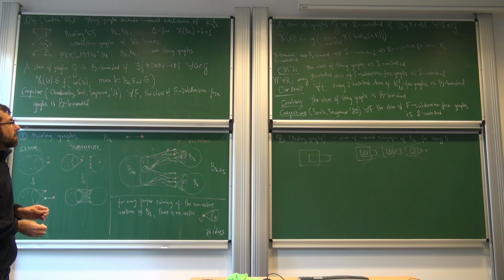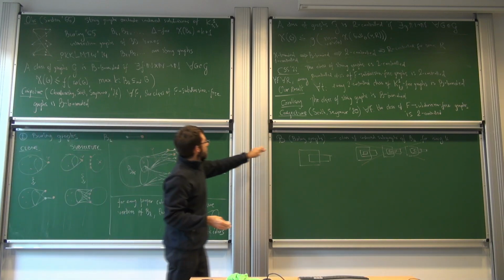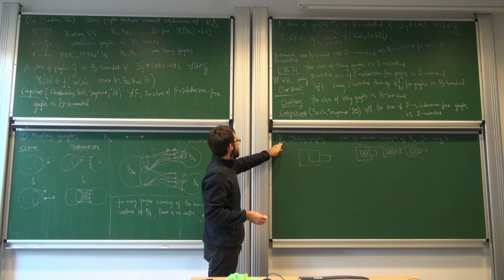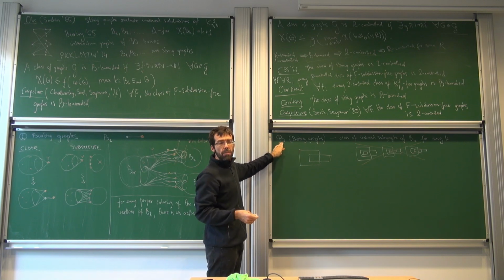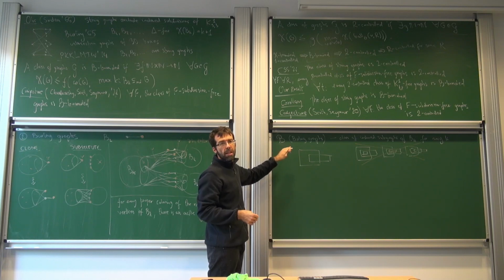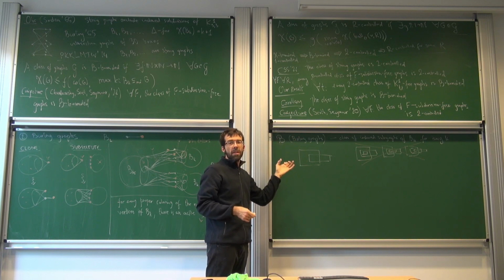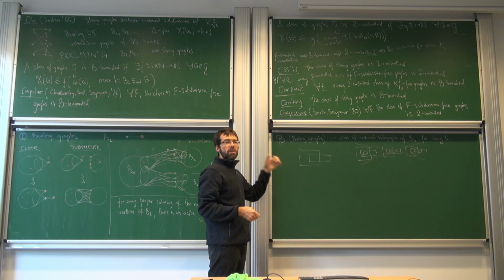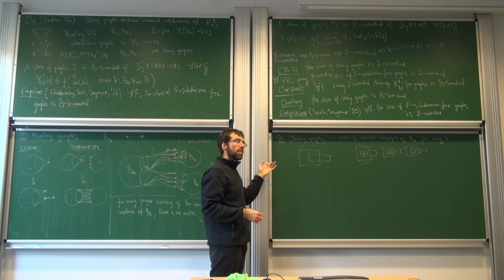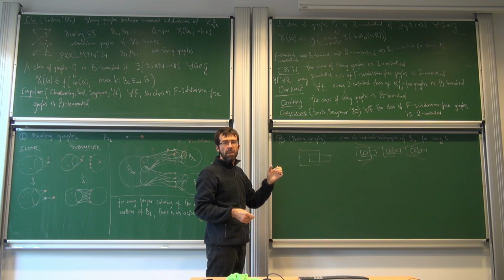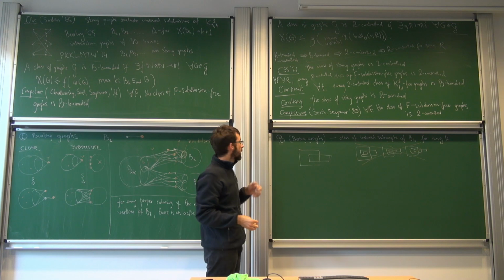Okay, what else? This class of graphs is recognizable in polynomial time. This is a result by Paweł Żążewski and myself, recently on arXiv. We also provide a polynomial time algorithm for the independent set problem. And I believe this is the first known hereditary class of graphs which is recognizable in polynomial time, has a polynomial independent set algorithm, but is not chi-bounded. Okay.